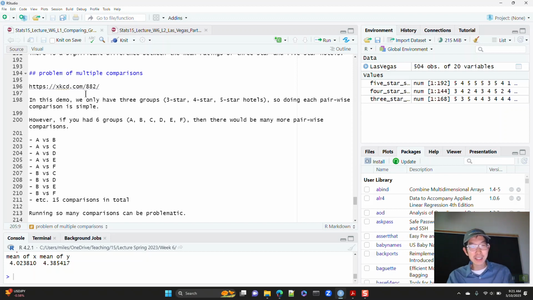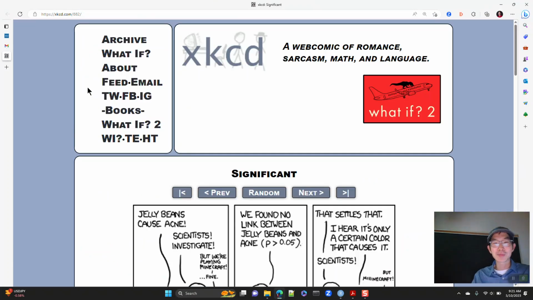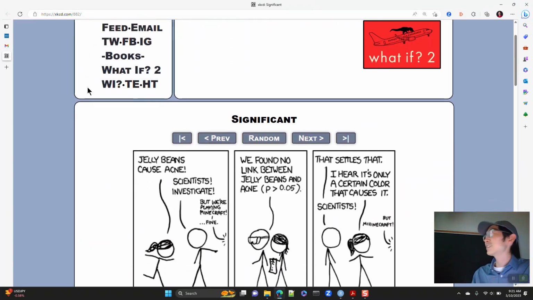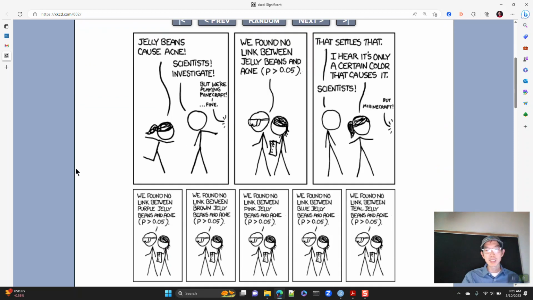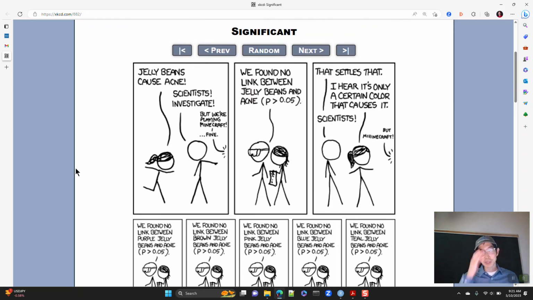Here's like this little comic. I don't know if you ever visit this site XKCD, which does kind of nerdy related comics and stuff. But here is an older comic where Minecraft was a new game at the time, so there are references to Minecraft. But how long has Minecraft been around now? It's like over a decade, right? But anyway,